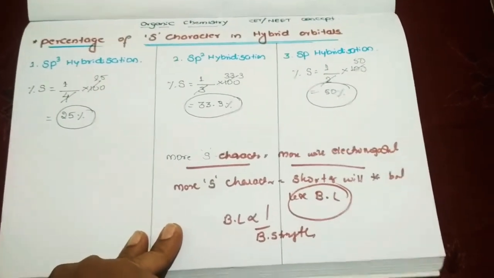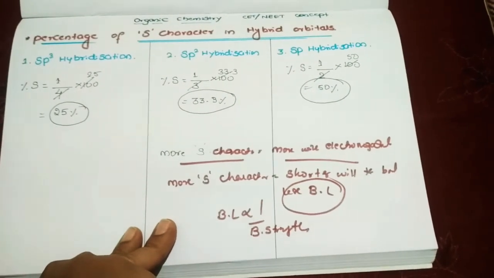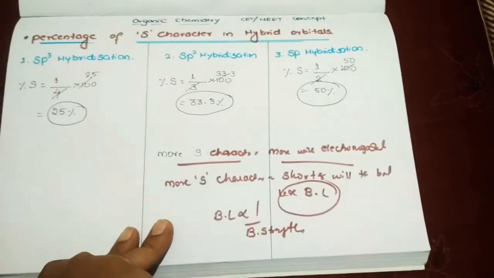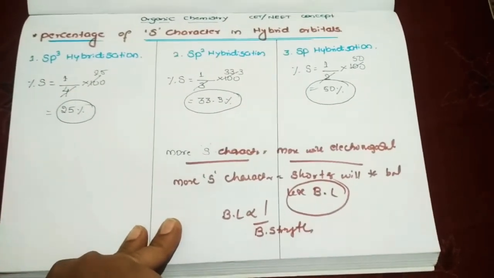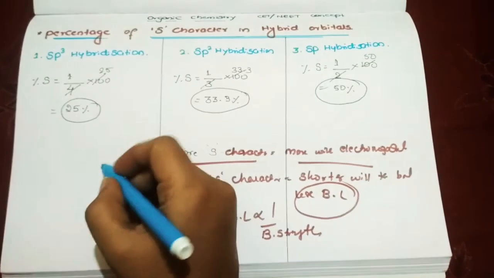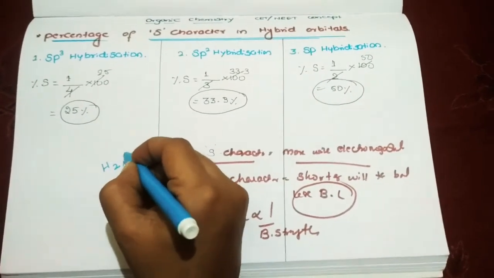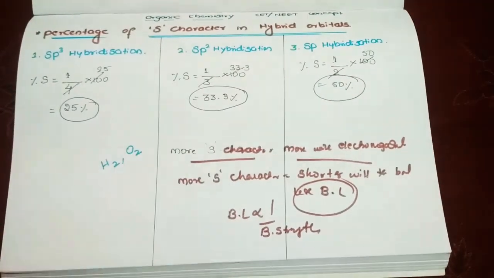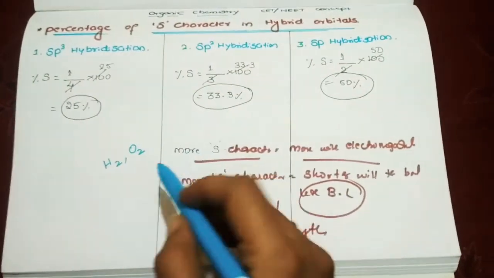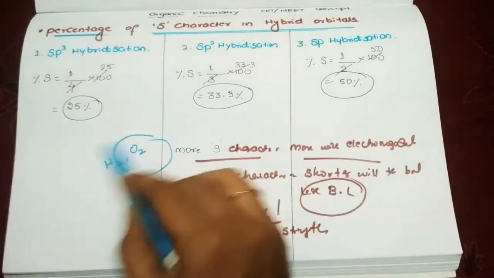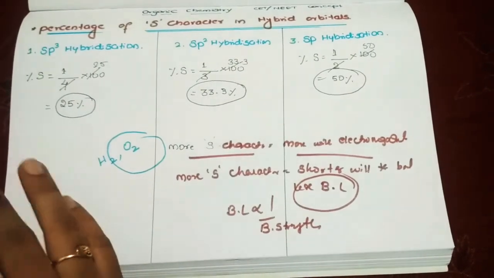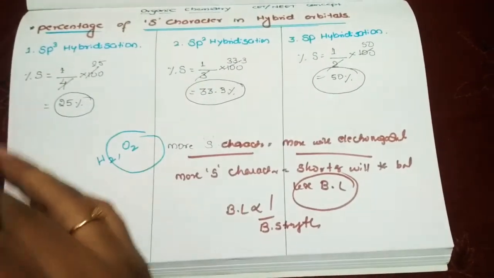See what happens. The atomic orbitals or the atoms, in order to attain a stable state, try to become molecules. For example, hydrogen gas we write as H2, and oxygen gas we write as O2. Why not O? Why not H? Because as a diatomic molecule, it will attain the stable state. That's why atoms combine to give molecules to attain a stable state.